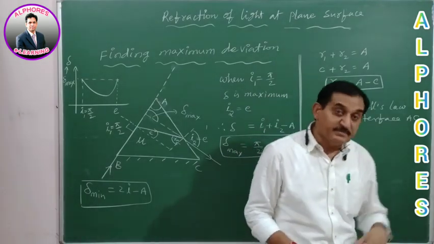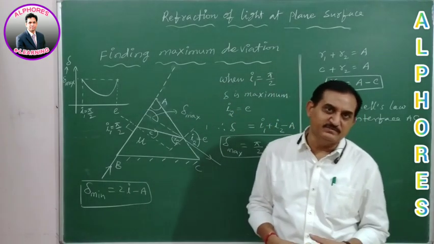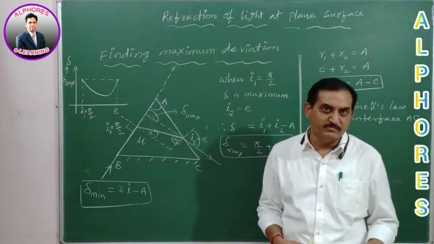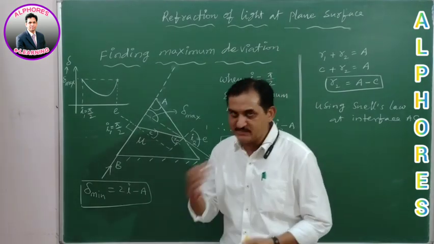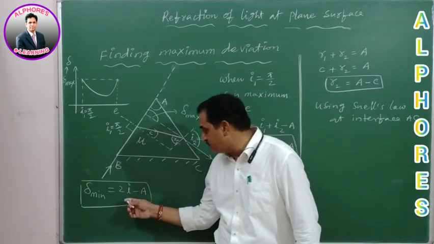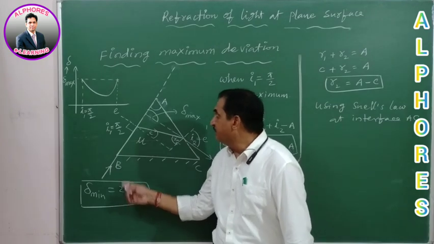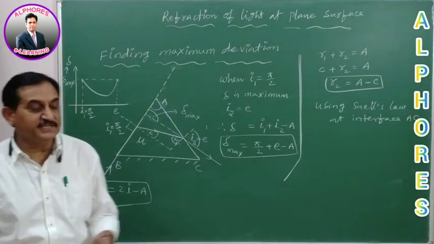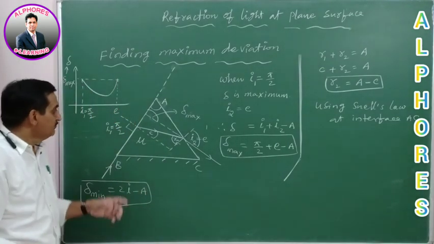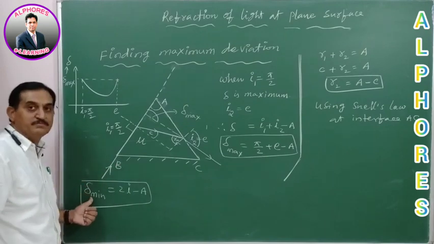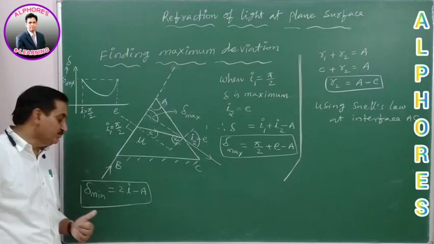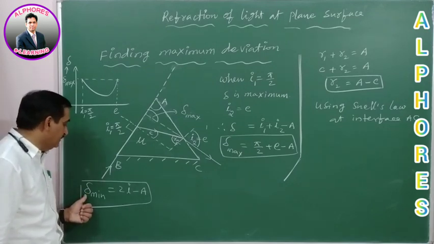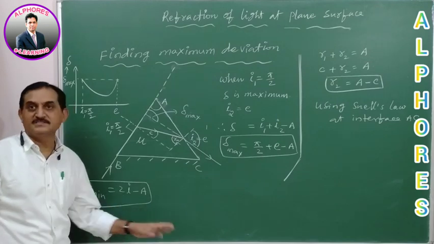Okay. Some other point: we can also get maximum deviation. There are two limits, one is the minimum deviation, the other is the maximum deviation. Minimum deviation is obtained, as seen earlier from the graph, when the angle of incidence increases and the angle of emergence decreases. These two approach each other, and when the angle of deviation is minimum, I1 is equal to I2. From the derivation, in the fifth equation, we finally calculated the minimum deviation is equal to 2i minus A.